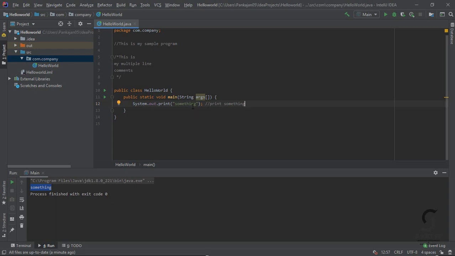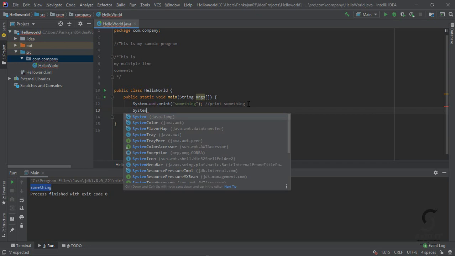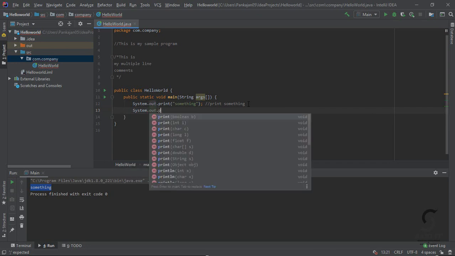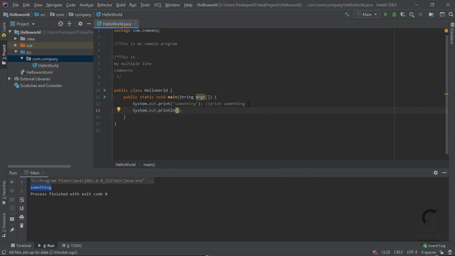When we are printing, we can use System.out.print, or we can use System.out.println. It will print the hello world, and after that it will print the new line character.